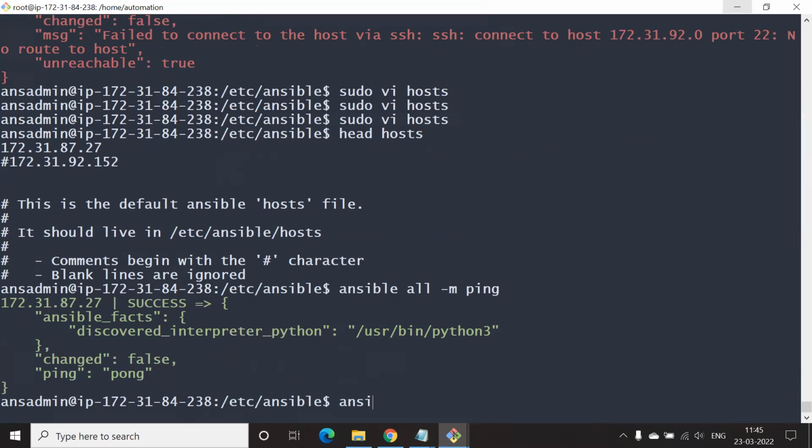Ansible, space, the first IP address, 172.31.87.27.